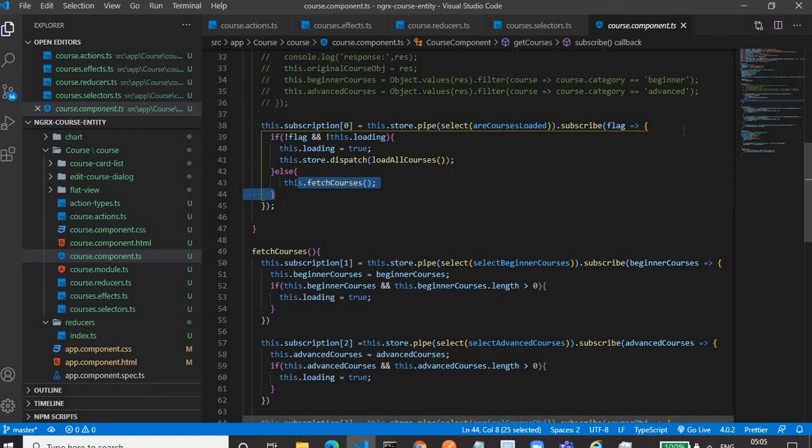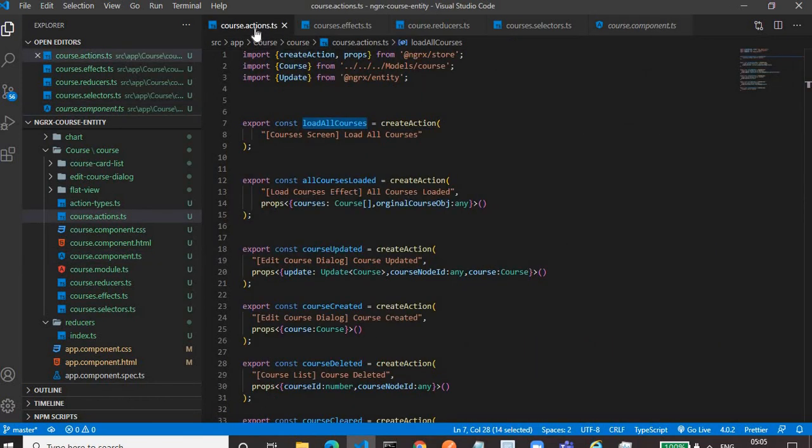So to summarize one more time, now we are concentrating on fetching the data. First of all, we have to define two actions. One action for the AJAX call, and the second action for storing the data in the store after the AJAX call.